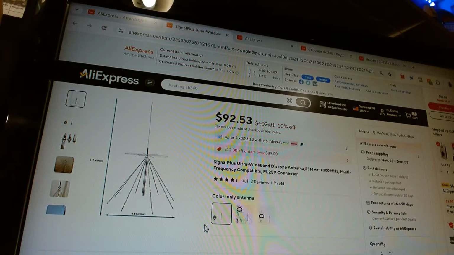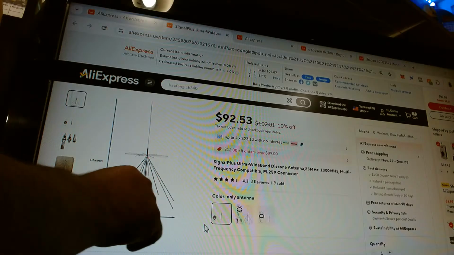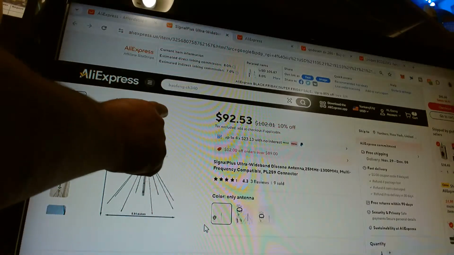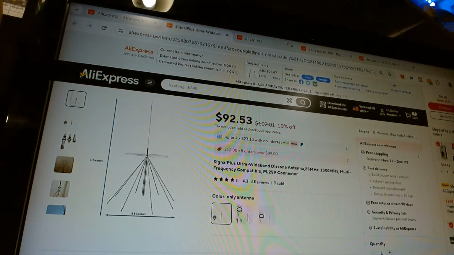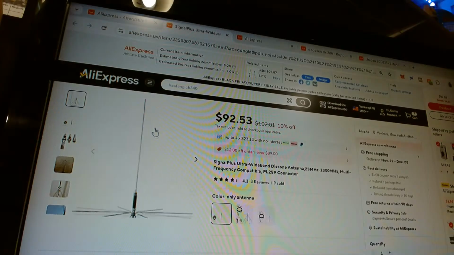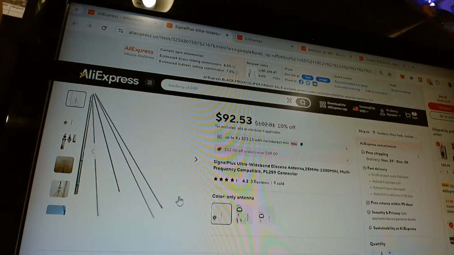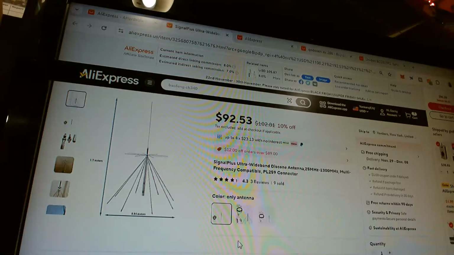It's the same one because it has this Discone and this for the CB. That's for the CB band. This whip right here is for the CB band. So that's the one I got, the same one, and that's the one I got on my rooftop. And I think it goes up to 200 watts for the CB band.